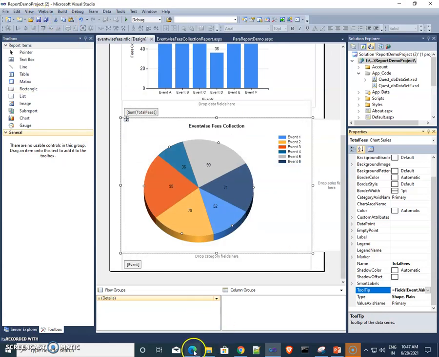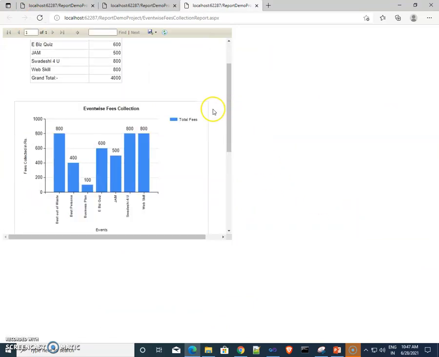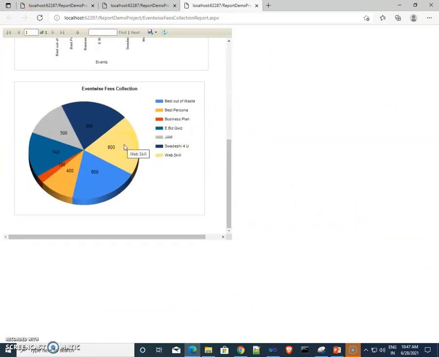Here I am saving and again refreshing. Then see, this is web skill, this is best out of west, this is best persona, and this is business plan.